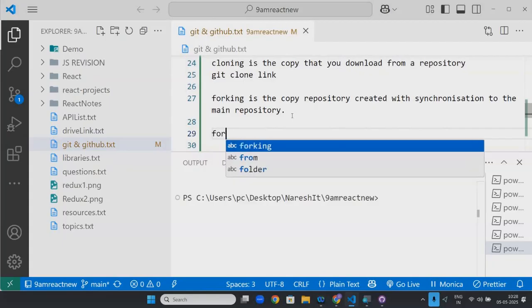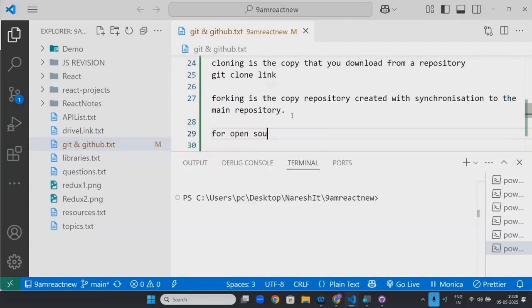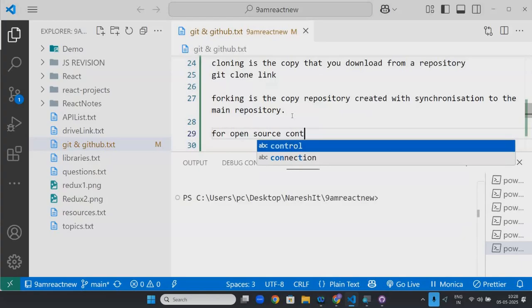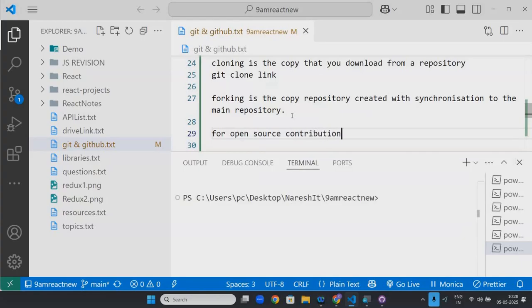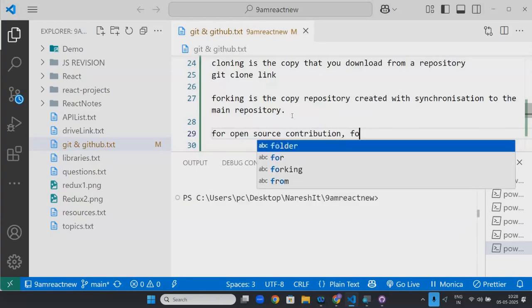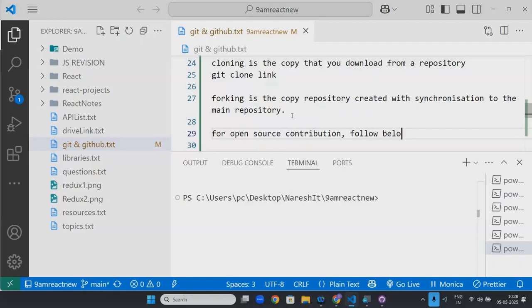For open source contribution, follow the below steps.